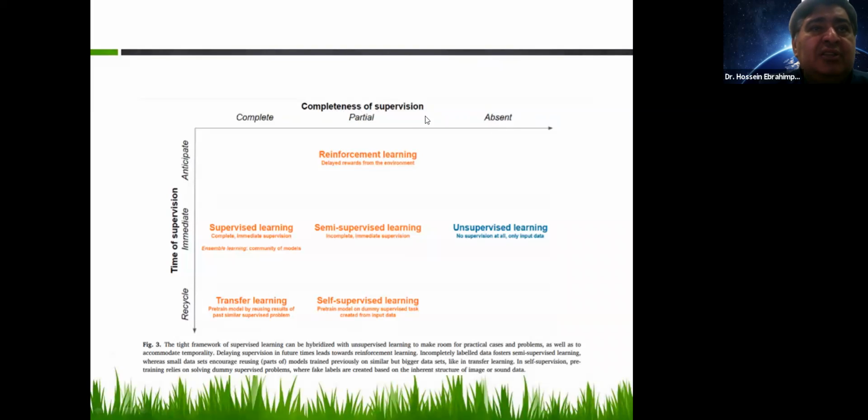So the completeness of supervision is absent here. But in the supervised learning, it is completely supervised. In between, we have some different systems that we call semi-supervised systems that are very interesting, because if you